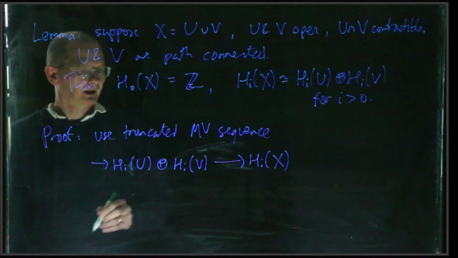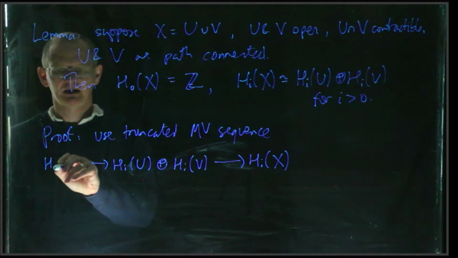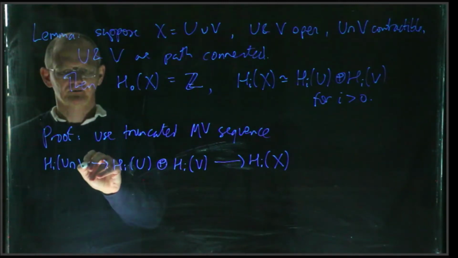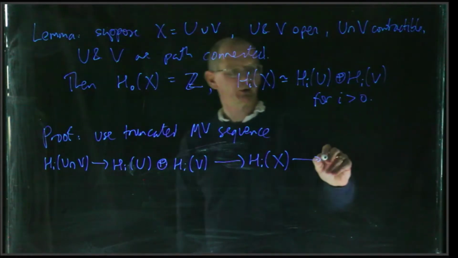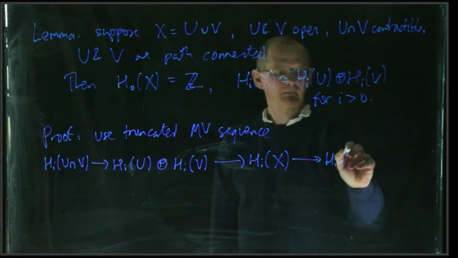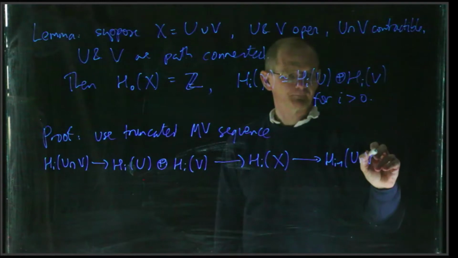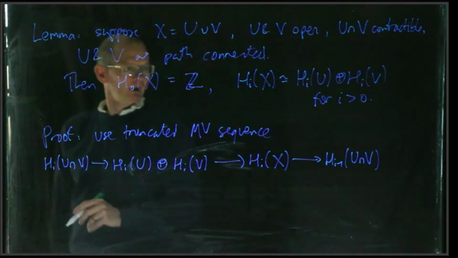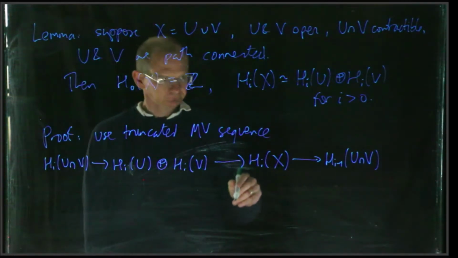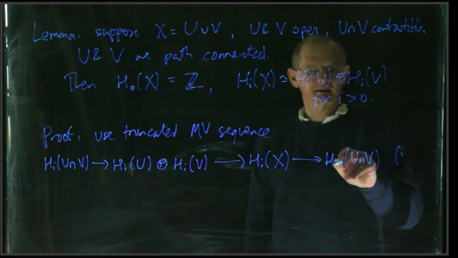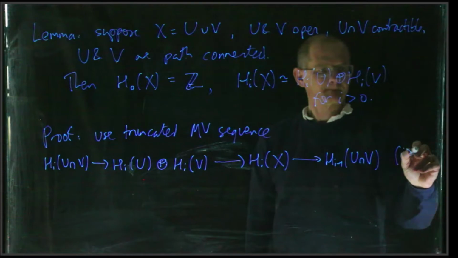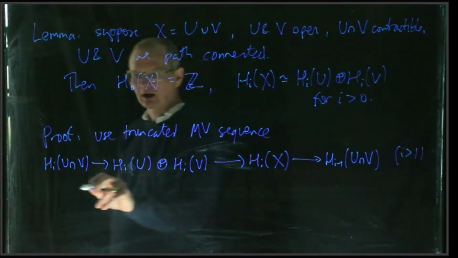And then coming in, you've got your Hi of U intersect V. And then you've got your Hi minus 1 of U intersect V over here. And so this is going to work for i bigger than 1, and then for the case i equals 1,